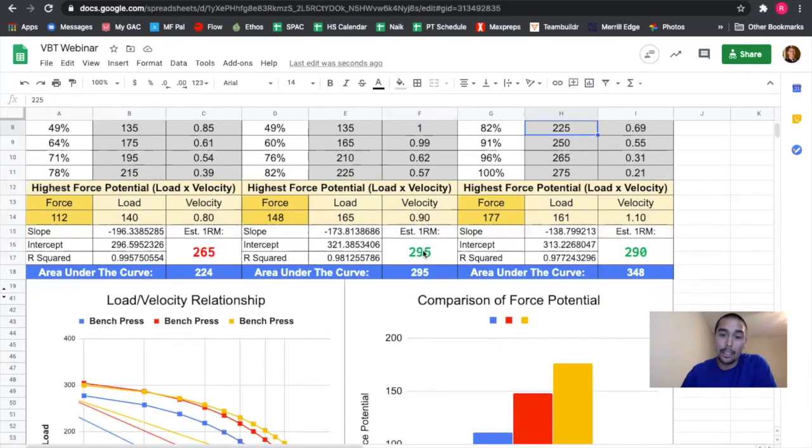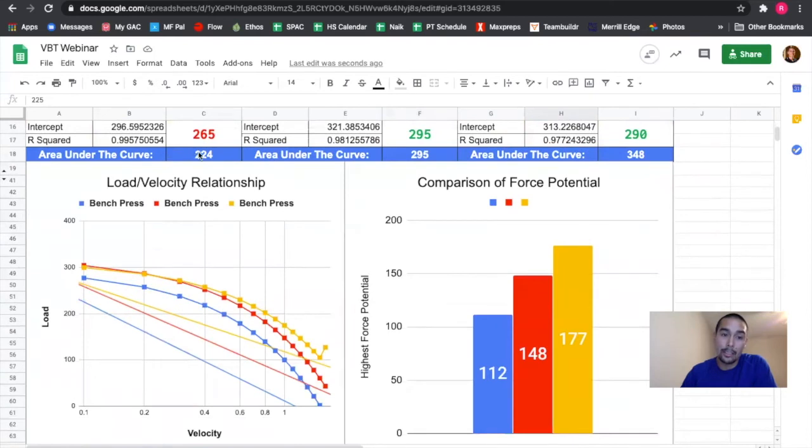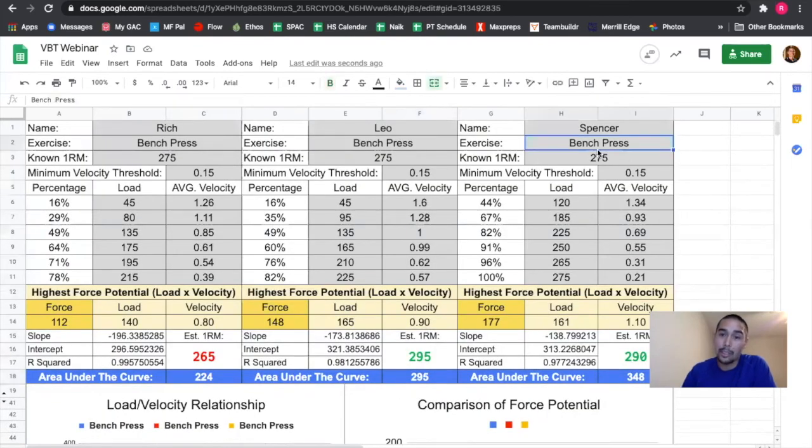So area under the curve, then look at my area in the curve. It's much smaller. Think about square footage. Now Leo's is 295 and Spencer's is all the way up to 348, but our max is almost the same. I can actually bench 275. It's just going to be slow as molasses. And Leo too, and Spencer as well. So three guys of the same